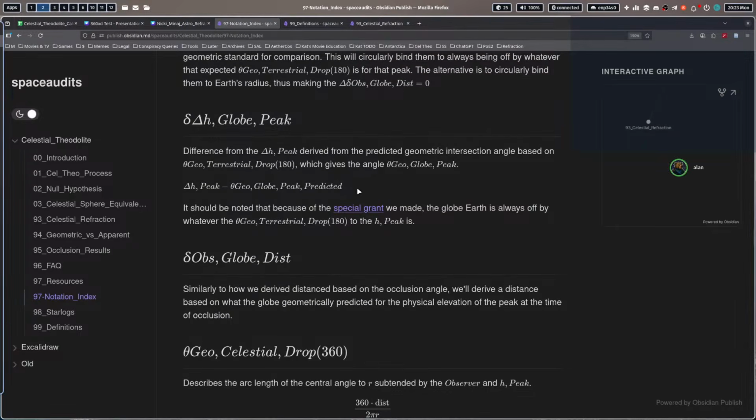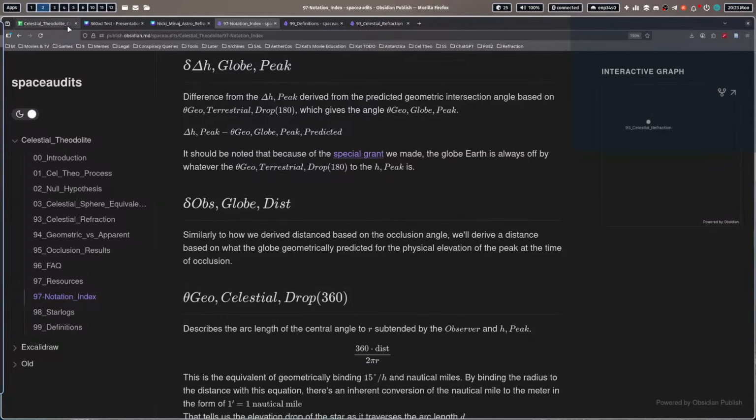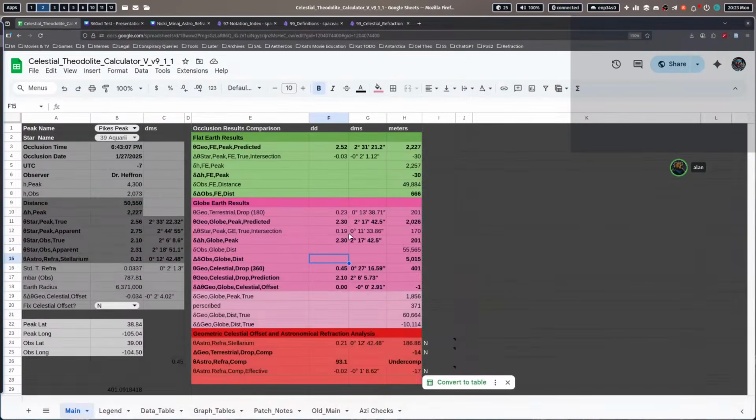That gives us the elevation predicted, so we can compare and contrast based off of the occlusion timings what distances and elevations they derive, and they should be closer to what they predict. And what we find in the instance of Pike's Peak here, they derive an elevation that is